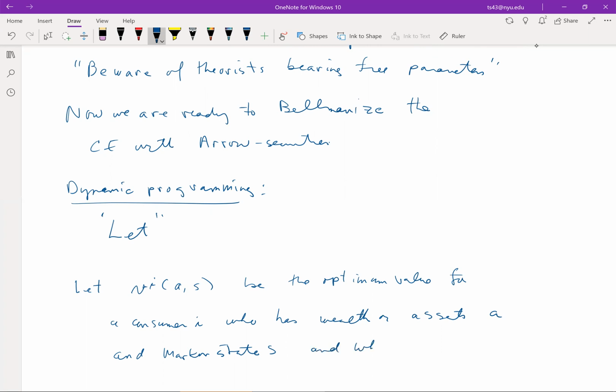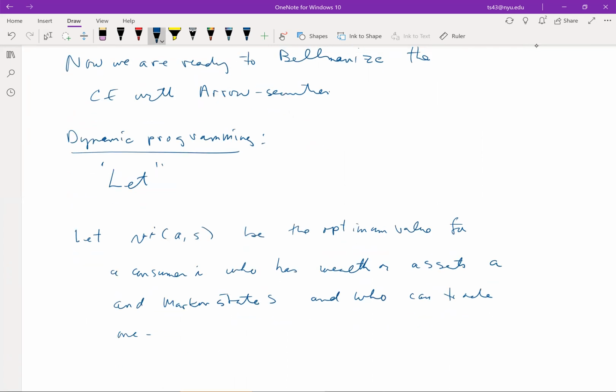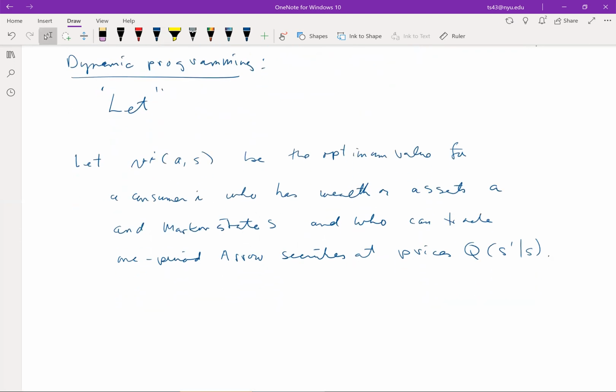And who, I can be verbose now, can trade one period arrow securities at prices Q of S prime given S. It's going to be the optimum value function. And this is going to satisfy,